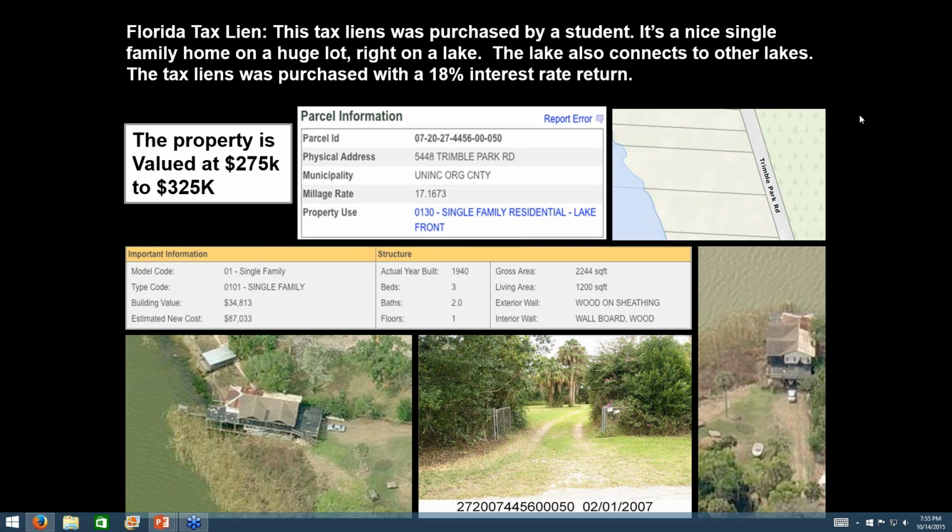The county will go ahead and foreclose on the property, and at that point the property will be put up to a tax deed sale. If it gets sold at the tax deed sale, then you will be paid off the total amount that you purchased plus your interest rate return. So overall you're looking at a great investment. Now you're going to have less chance of getting the property. If it doesn't sell at the deed auction, then you can go ahead and acquire the property.